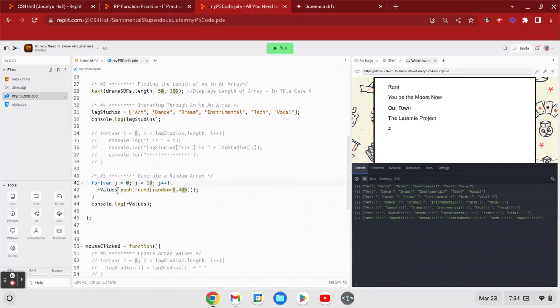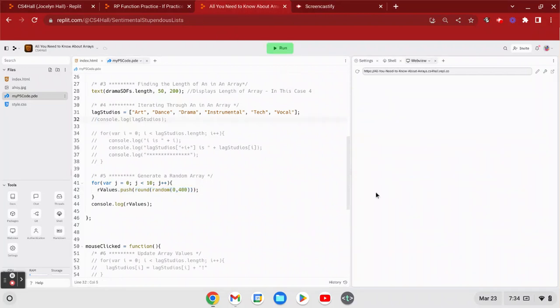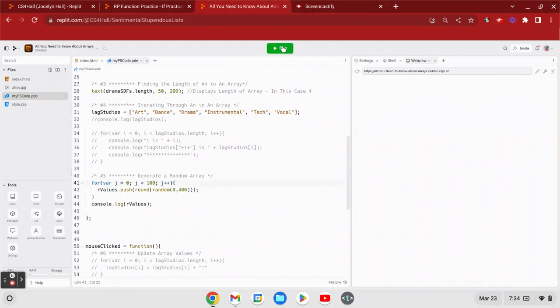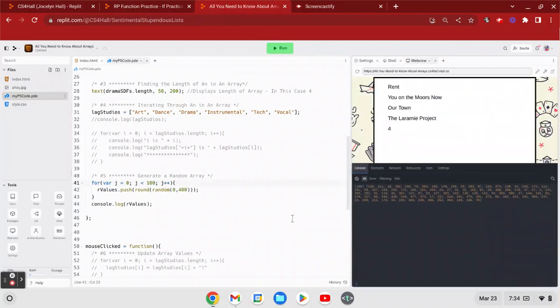And push on. This dot push means add to the end of my array whatever is in parentheses. And what's in parentheses is rounding a random value between 0 and 400, the dimensions of my canvas. And then console log out, show me this list. So if I run it, I will comment this out, not to confuse the Lag Studios. And you can see I have a list of 10 random numbers. I can easily make this list, let's say, of 100 random numbers. And here we go. There's 100 random numbers. Now let's go back down to 10